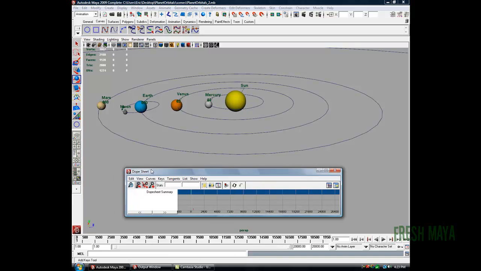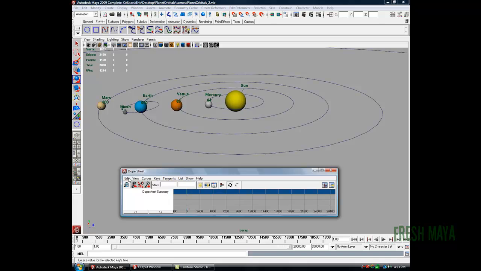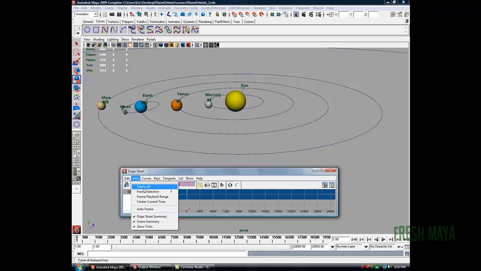What I'm going to do in this dope sheet is I'm going to go underneath the view menu, and I'm going to go down to where it says scene summary. Right now it doesn't have a check mark next to it, so I'm going to click it, and now you have scene summary over here in the left hand column. Click on scene summary, and then go back up to view, select frame all,